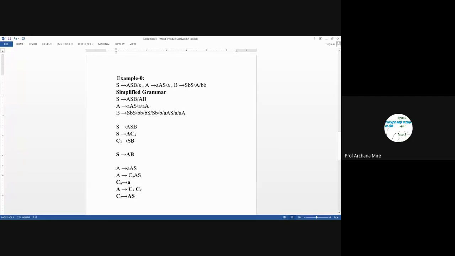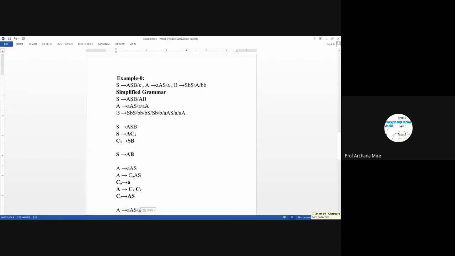Once again, this one production rule has been represented using three different production rules to write it in CNF form. Now let's check the next production rule, that is A leads to small a.